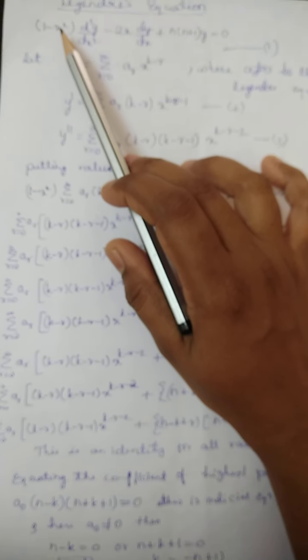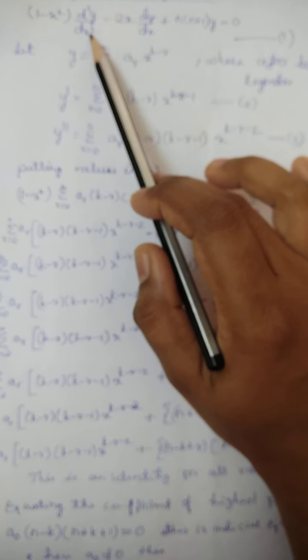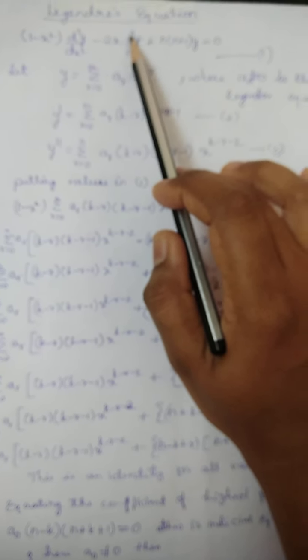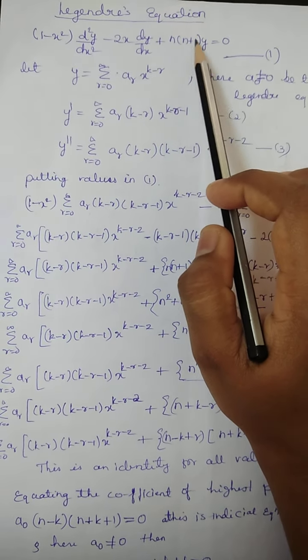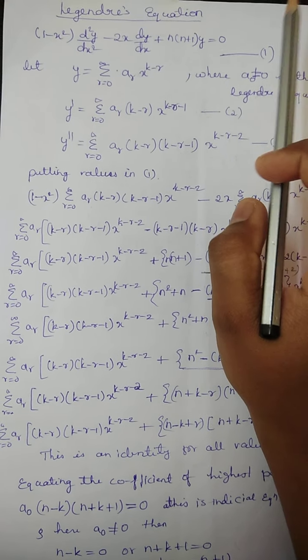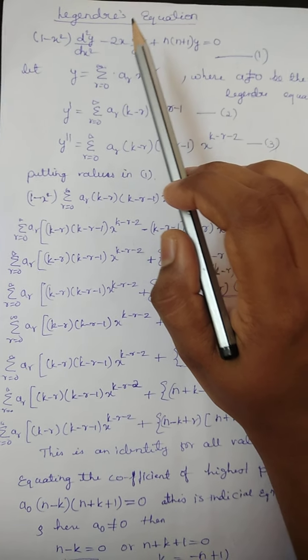It is given by (1 minus x squared) d squared y by dx squared minus 2x dy by dx plus n into (n plus 1) y equal to 0. This is the Legendre equation. The solution of this Legendre equation is,